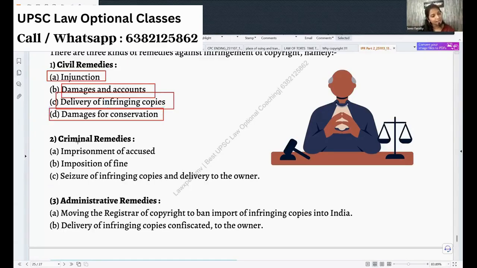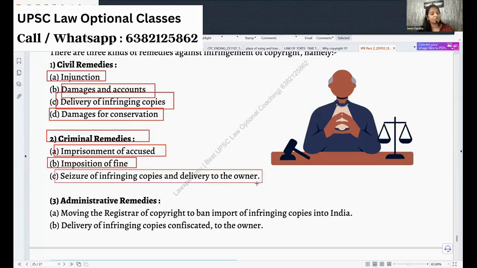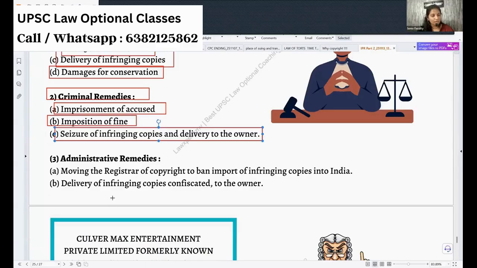Next, what criminal remedies do I have? I can have the accused imprisoned. I can ask them to pay the fine and seizure of all the infringing copies and deliver it to the owner. And then talking about administrative remedies, I will be moving the matter to the registrar of copyright